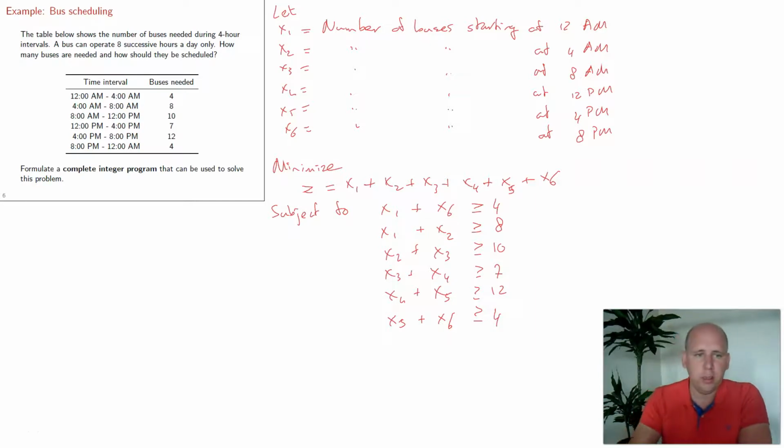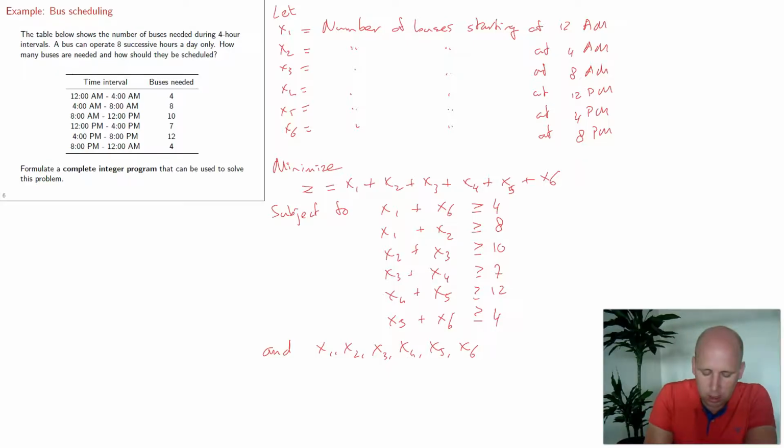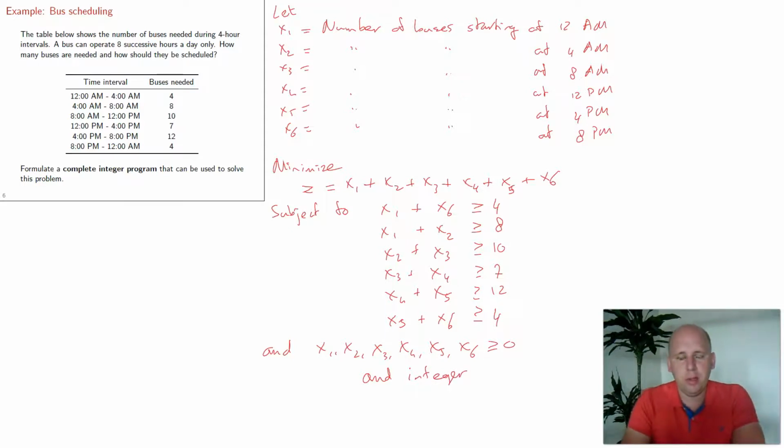And then there's one more thing that we should not forget. We can of course not have negative number of buses, but we can also not have a non-integer number of buses. So what we will do as a last step is we will say that it's subject to this, and also subject to x1, x2, x3, x4, x5, x6 greater than or equal to 0, and also all integer. And this is a complete integer linear program that we can use to solve this